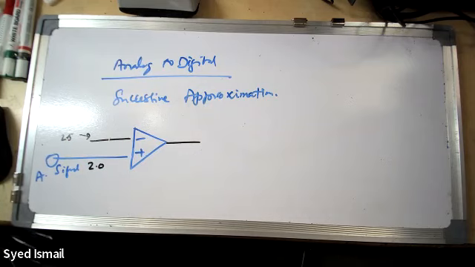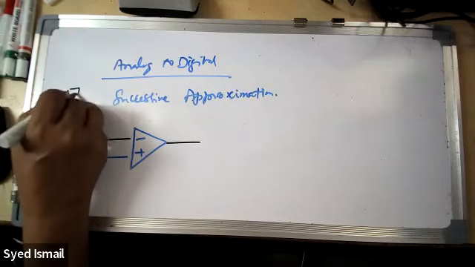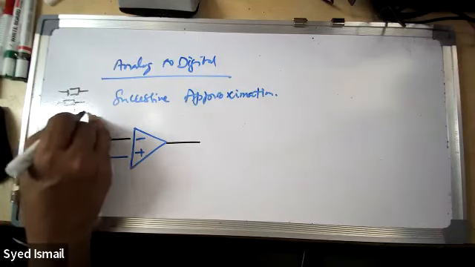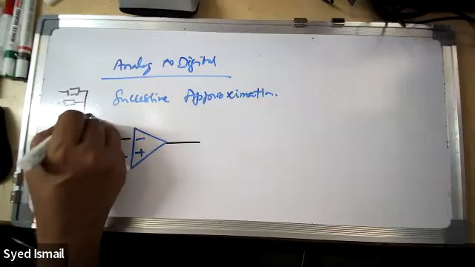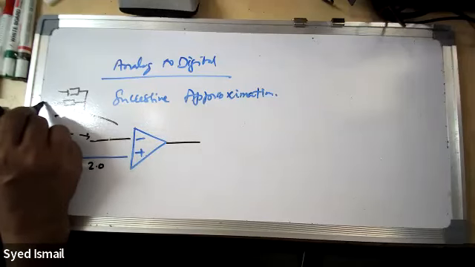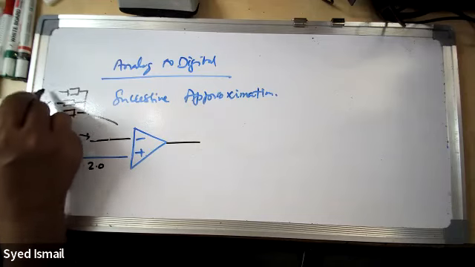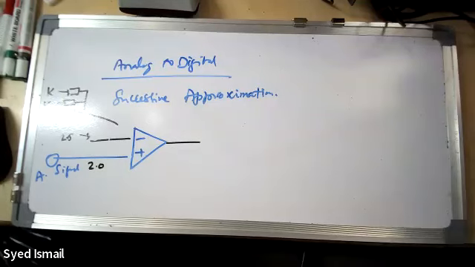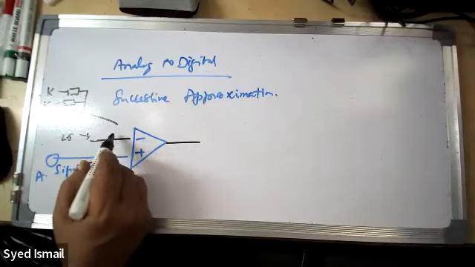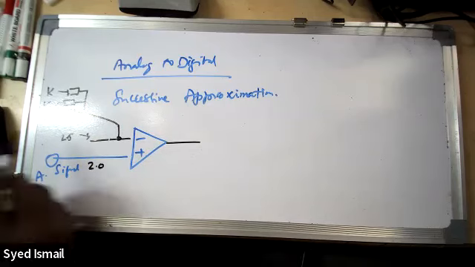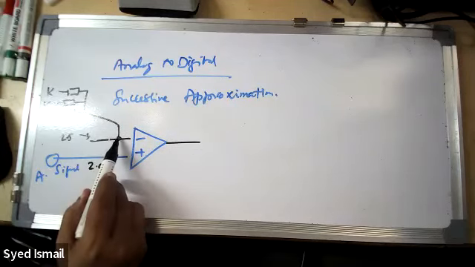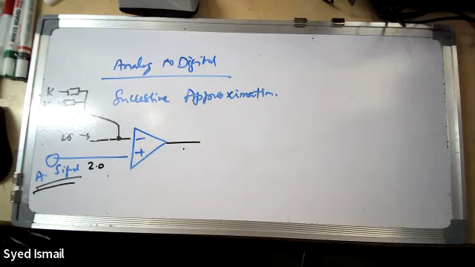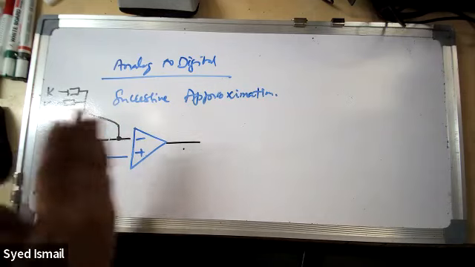Successive approximation by resistors. If you put a resistor here, another resistor here, another resistor here, like this, you give resistors. Now I can pump the current here based on whether I put a switch here. I put a transistor to make it a switch. By turning on this power, this will conduct a current, this will conduct a current, this will conduct a current. So this acts as a summing of all of them, and they will all come here. So this is done digitally. It creates an analog signal, compares with your analog input signal, and finds out correct or wrong. So this is the successive approximation technique.